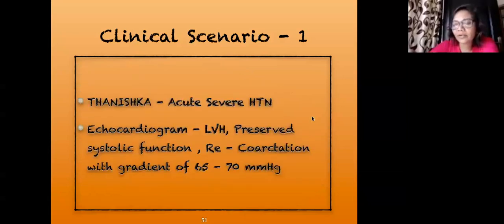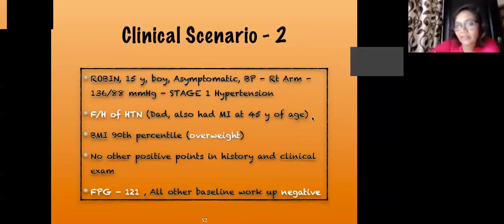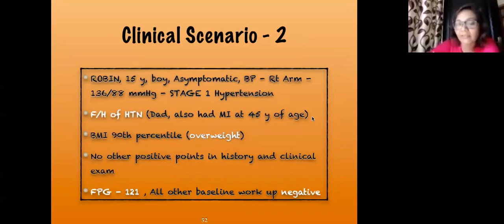So you do an echocardiogram and you confirm your clinical diagnosis. And the second patient, you ask further, there is family history of hypertension and his dad actually had myocardial infarction at the age of 45 years, so you are in the right setting for essential hypertension. He is overweight, his BMI is the 90th percentile, and of course, there is nothing else positive in clinical